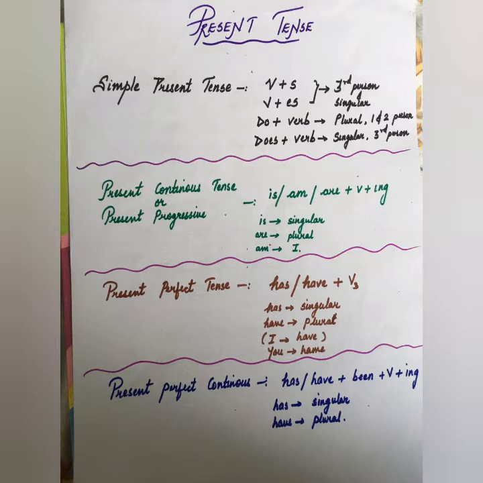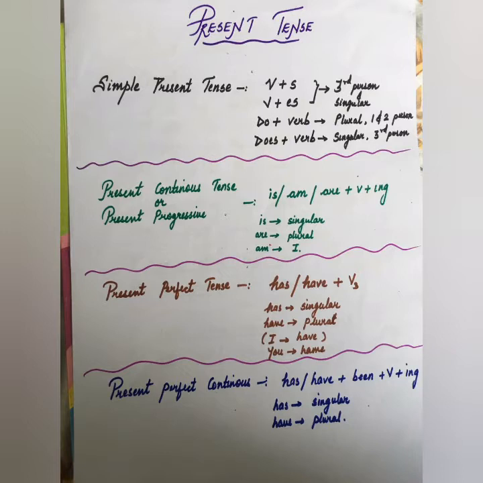What does it mean? It means when the person is the third person. And which are the third person? He, him, she, her, it, they, them, right? So we add s or es, but along with third person it must also be the singular form. They and them are not singular, so we will not use s and es with them. Okay? He plays, she plays, he dances, she dances.